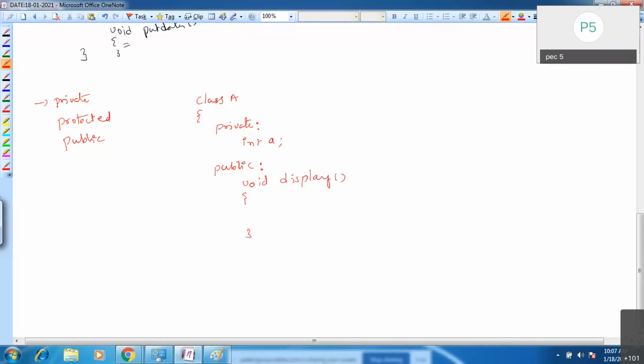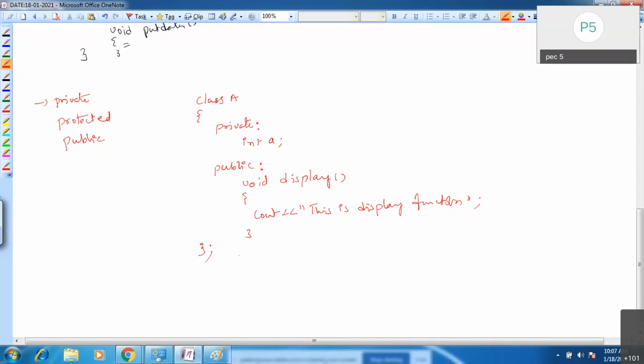I'm just displaying A here, and in the function we'll write some message: this is display function. Then the display function is over, and we close the class. Okay, this is the thing.